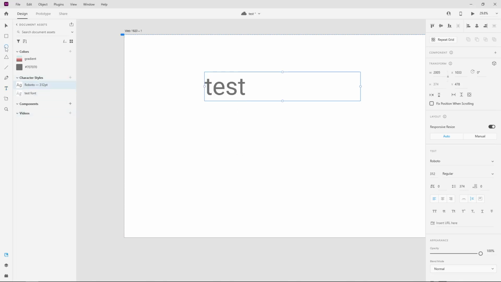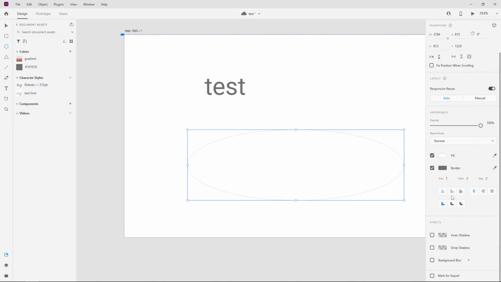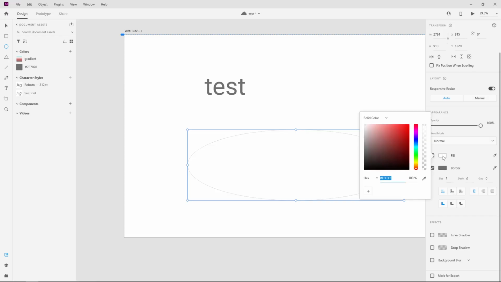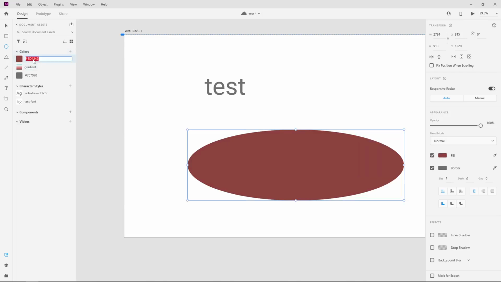Once your color is in the panel, you can rename it for easier reference. Naming conventions like primary blue or brand accent keep your assets organized and help you identify them quickly. By leveraging these features in your Assets panel, you'll not only streamline your workflow, but also ensure that your designs remain